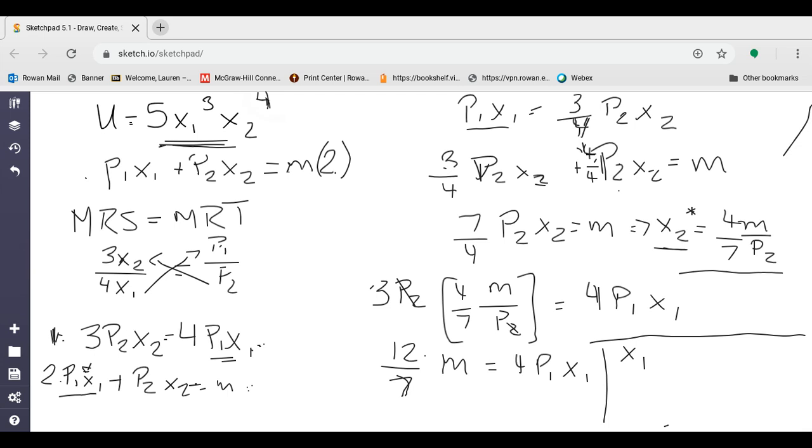We have x1, and we want to divide each side by 4 times p1. So we'd have 12/7 m/4p1. And you can leave it like this, but to maybe get it a little nicer, we can divide the top and the bottom by 4. This 4 on the denominator goes away, and we're left with just a 3 on top. So x1 star equals 3/7